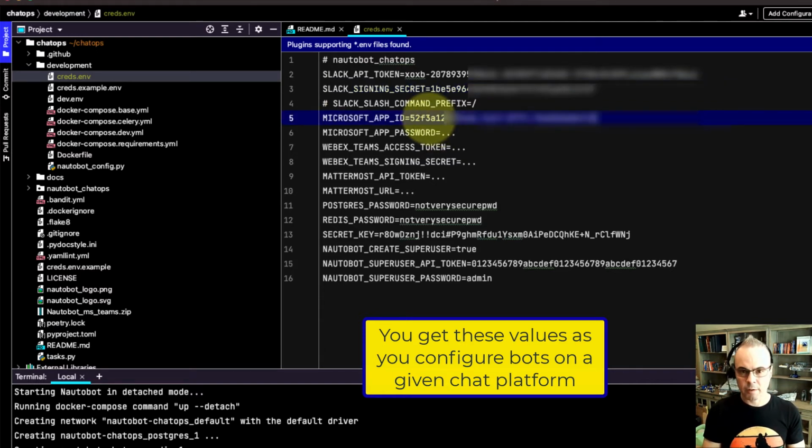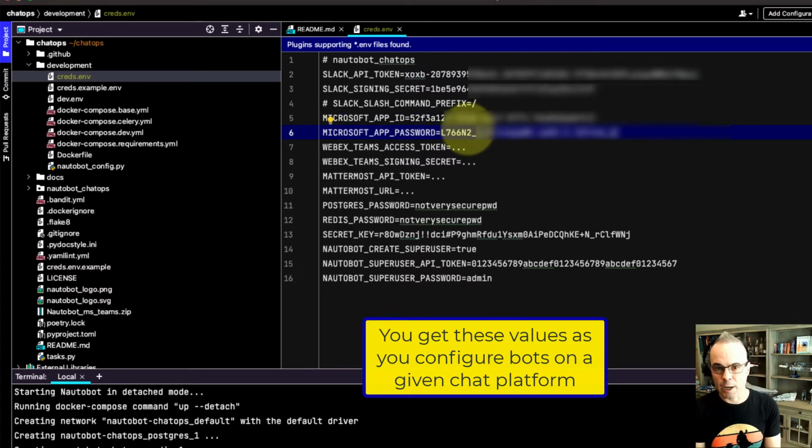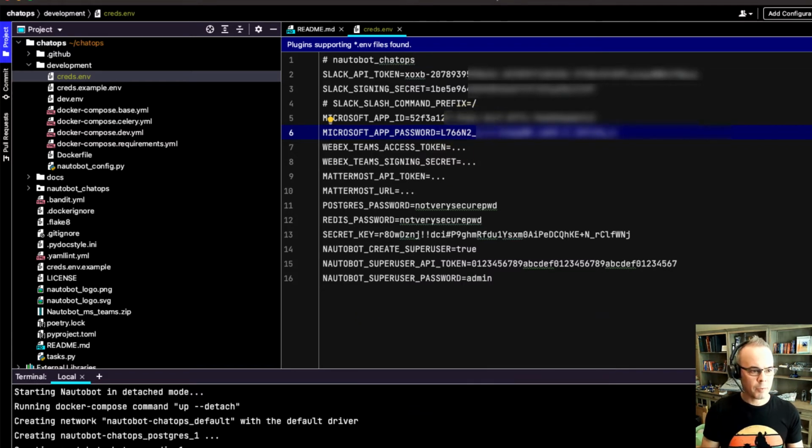So I'll go ahead and paste those values in as well as that password is right here. Okay, so I've configured credentials now in this creds.env file for both a Slack chatbot as well as a MS Teams chatbot. Okay, so with that, we've made some changes now, and these changes percolate up into the Nautobot